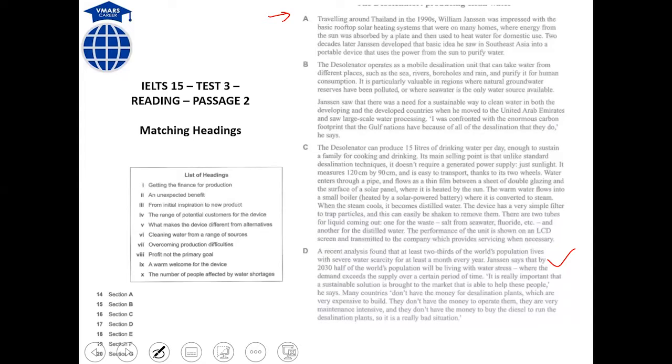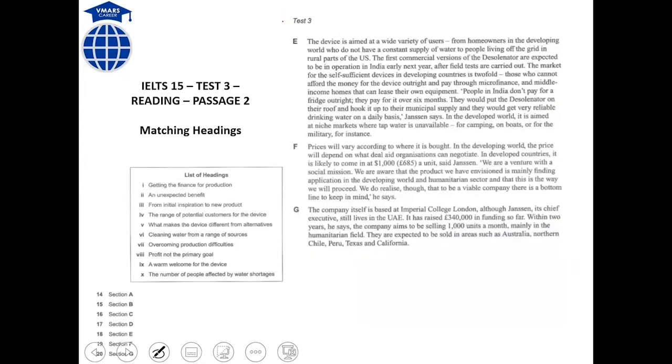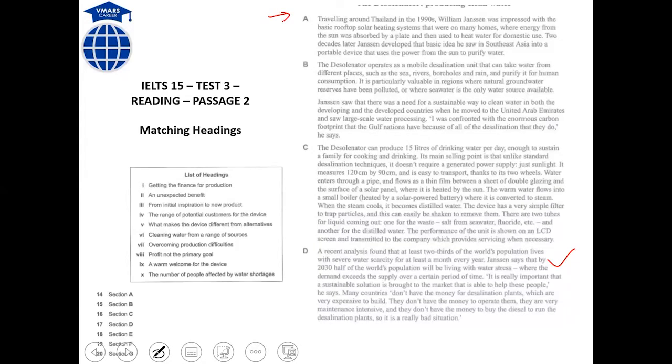In the elimination method, I have taught that you have to read the paragraph, but it should be a quick reading, kind of skimming. Understand what the paragraph is saying, and then go to the headings, and in the headings, read one heading at a time, and then we will see which is the most appropriate heading based on what was mentioned in the paragraph and what was not mentioned. So moving to paragraph D, I will be doing a quick reading for this.